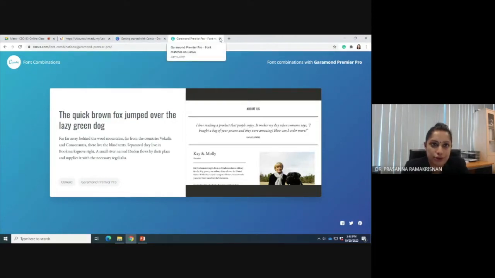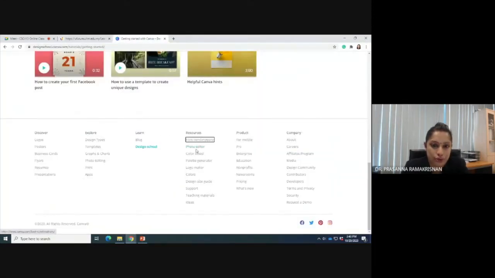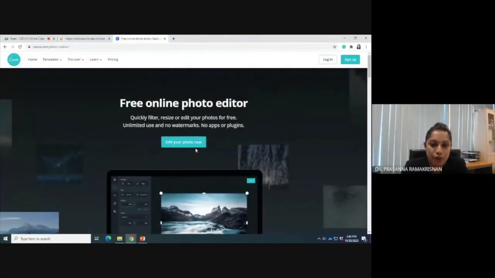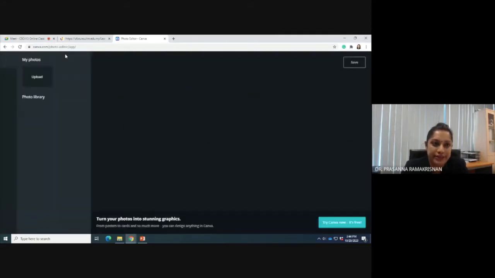Second one that I want to show to you is the photo editor. Canva also allows you to edit your photos. So let's say if you have any photos to edit, you can edit freely by using their photo editor.